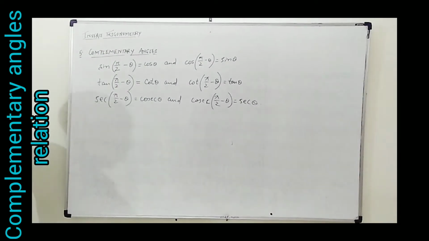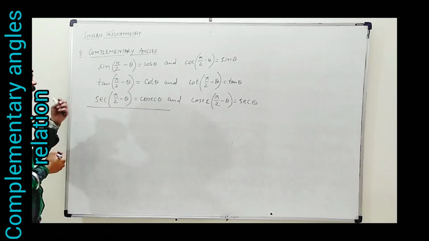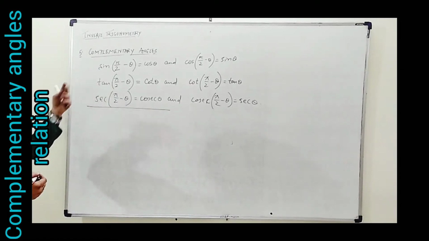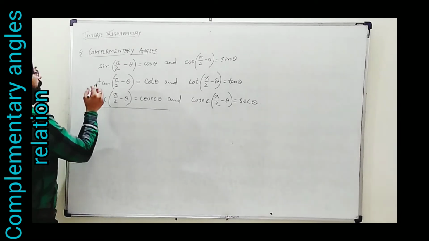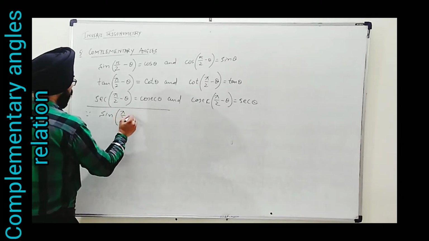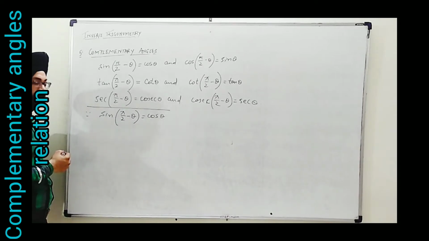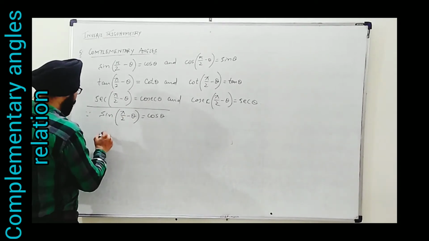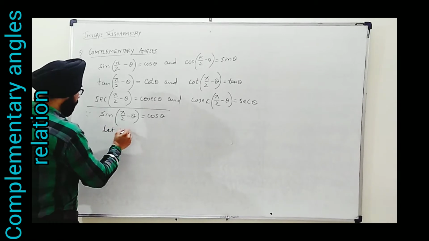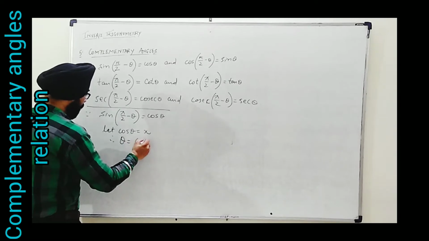Now our purpose is that we will convert them into inverse form using one of them. Any one of them you can use, whichever you say we can prove. This time I will show you using the sine pair; another, tan, we can also take. Since we write here sin(pi by 2 minus theta) is equal to cos theta, we can write it like, let cos theta be some value x. Therefore, theta can be written as cos inverse x.